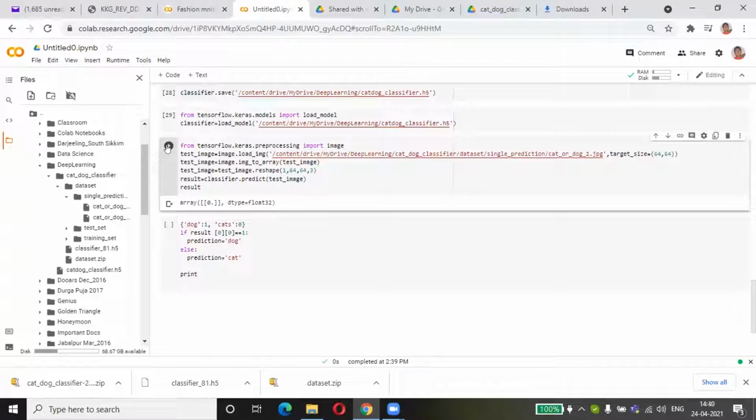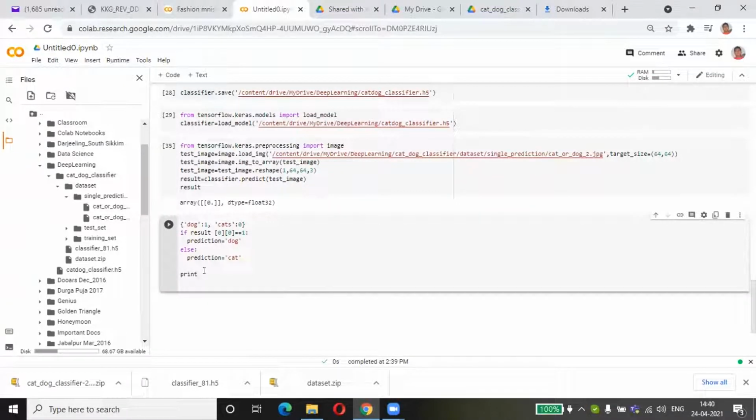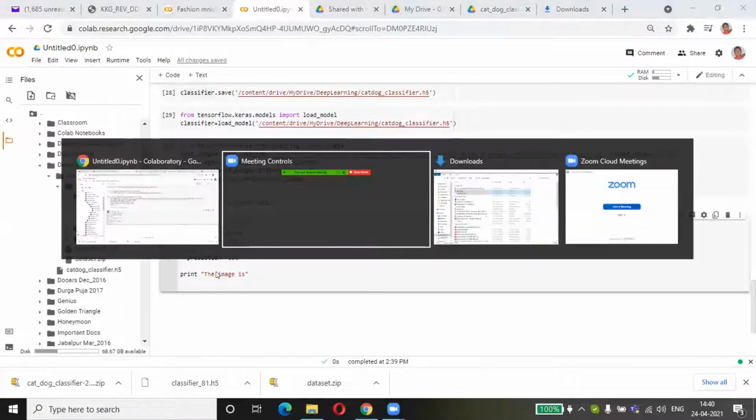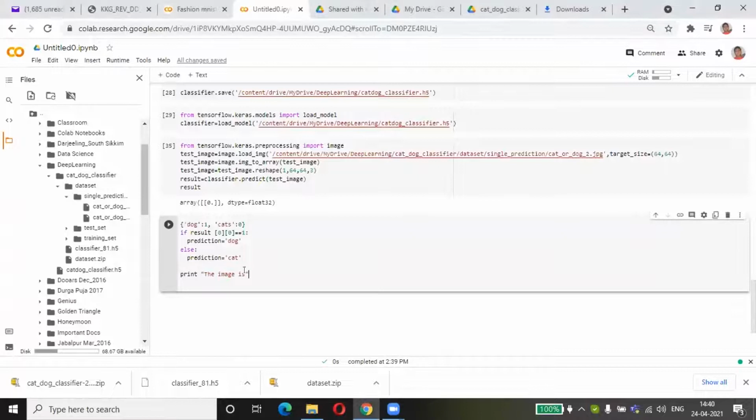So go down. It's a cat image, right? So just complete that particular thing. Print, write something. Plus predict.